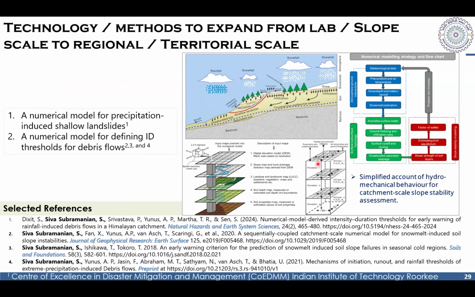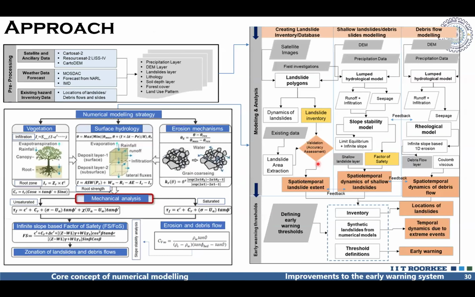Using simplified mathematical expressions, we can develop a numerical model. There are many numerical models available for simulating rainfall-induced landslides, starting from the TRIGRS model by USGS, Godt et al. It's a very good model, and there are close to 10 to 12 models available. What we want to do is, we have developed some models for shallow landslides as well as debris flows, and we need to test whether they will be applicable for simulating debris slides and debris flows in the Himalayas as well.